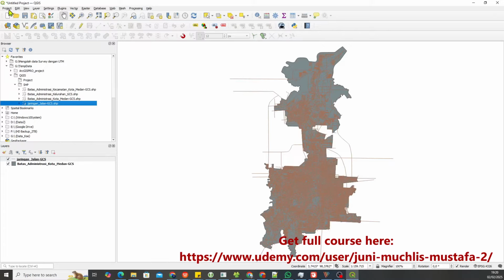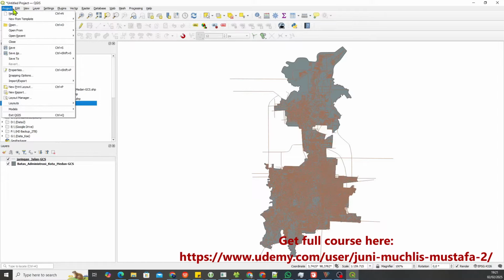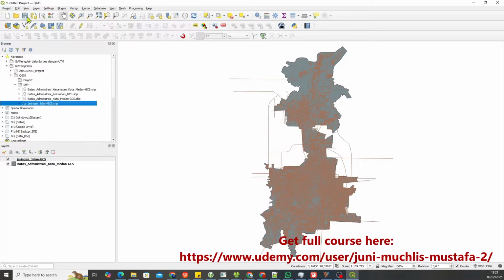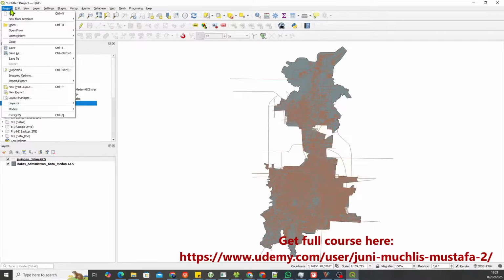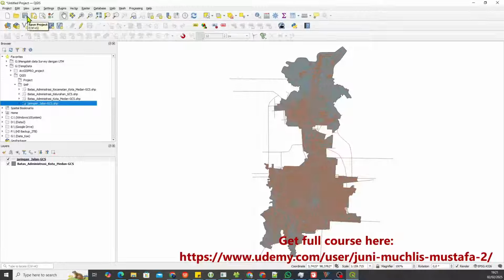Okay, for that, there are two ways to do this. First, click Project, Save As, and second, we click here, the Save Project icon. And oh no, three ways. First, Project, Save; second, click the Save Project icon; and the third is we can press Control plus S on our keyboard. Okay, we just click here, the Save Project icon,